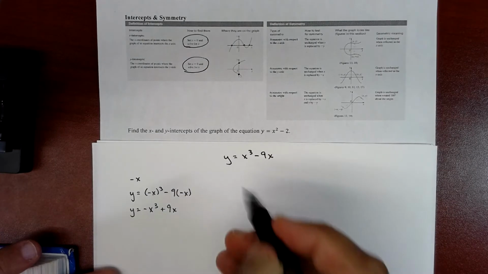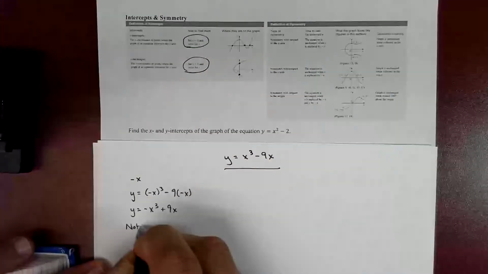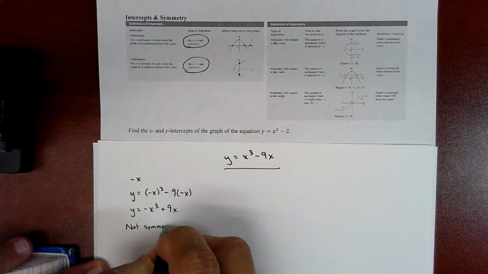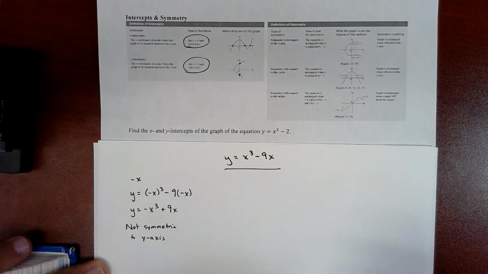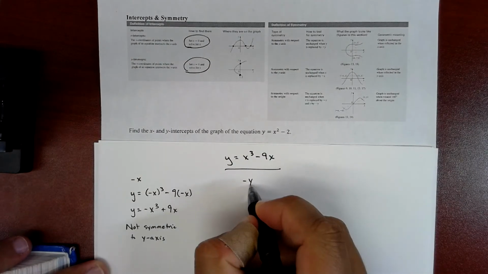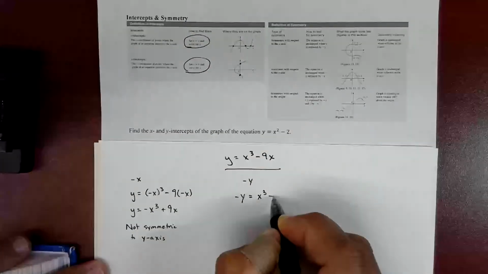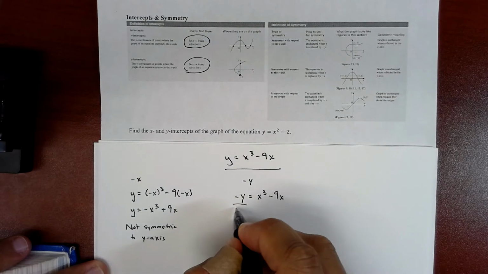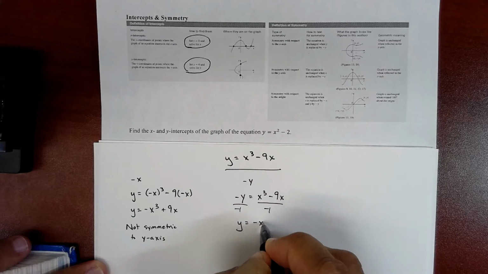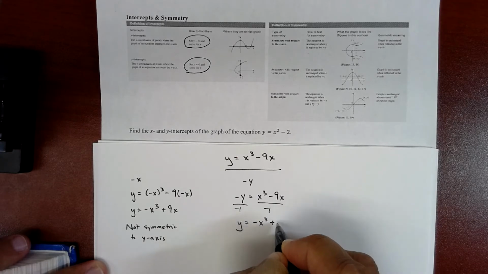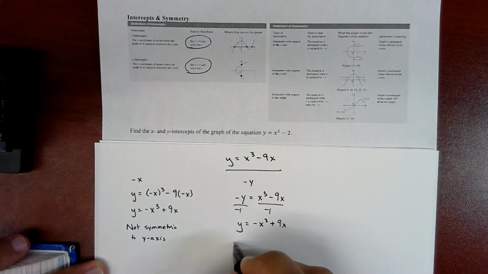Well, that's not the same thing that we started with, so we're not symmetric to the y-axis. All right, if we plug in negative y, we get negative y equals x cubed minus 9x. I don't like having that negative y there, so I'm going to divide everything by negative 1, giving me y equals negative x cubed plus 9x. That's not what we started with, so we're not symmetric